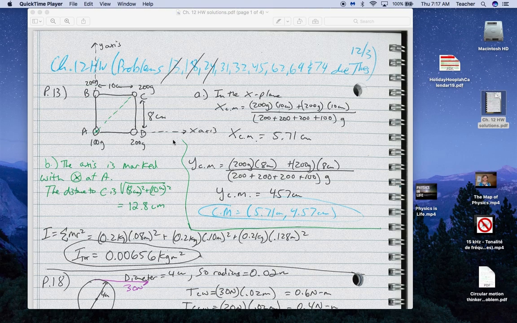The center of mass for y is up. So again, 200 grams times 8 centimeters plus 200 grams times 8 centimeters. But you divide by the total mass of the system and you get 4.57 centimeters. So the center of mass would be somewhere around here, but that is actually going to be to the right 5.71 centimeters and up 4.57 centimeters. So for part B, it's asking,